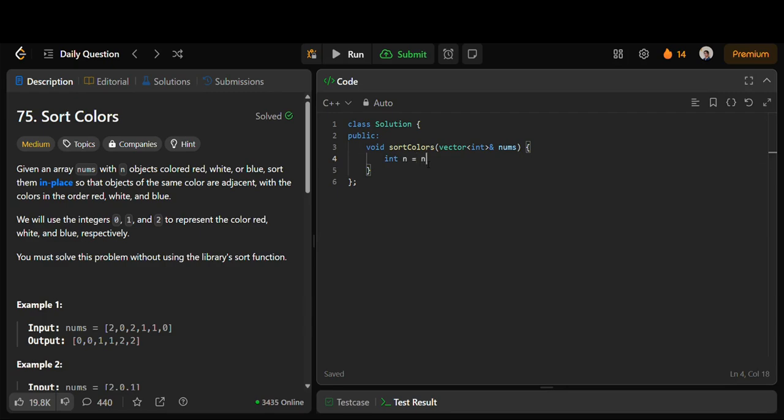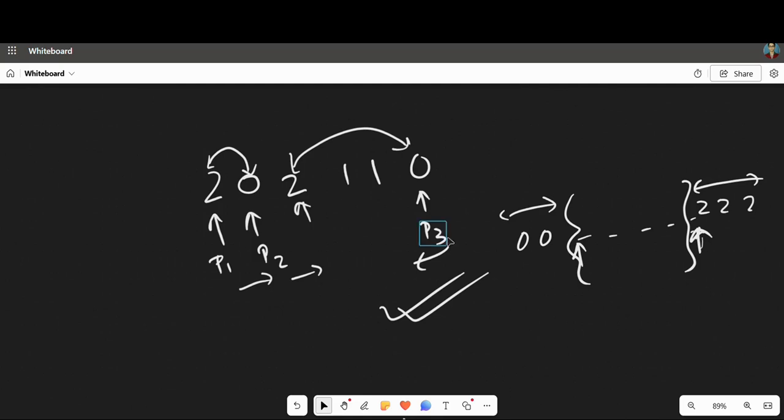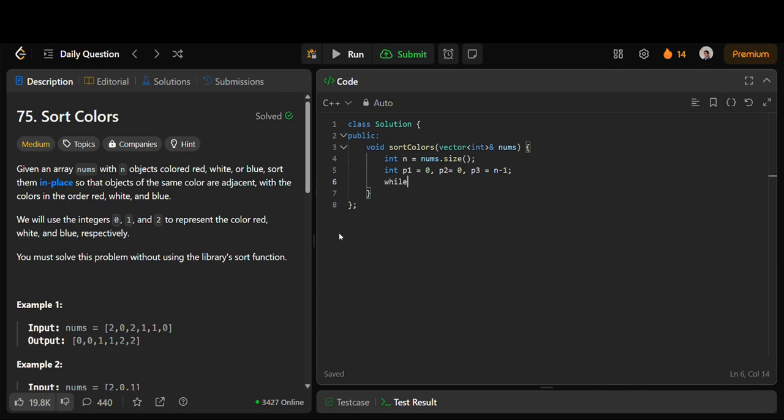So we have the integer n as nums dot size, and what we have is three pointers, p1, p2 and p3, and we iterate till p2 should not cross p3. So p2 should be less than or equal to p3. If we get that,